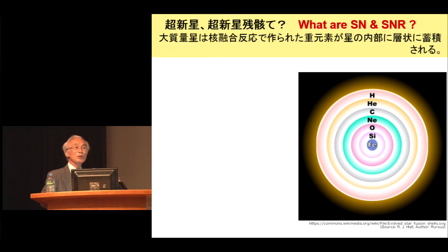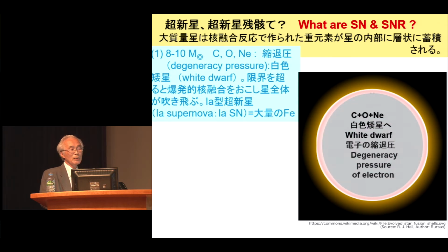And then these heavy elements will be accumulated like an onion in layers due to the nuclear fusion. The helium turns to carbon, and carbon turns to oxygen and becomes neon and silicon. In this sequence, gradually the heavier elements will be accumulated at the center. Finally, the iron. But depending on the mass of the stars,